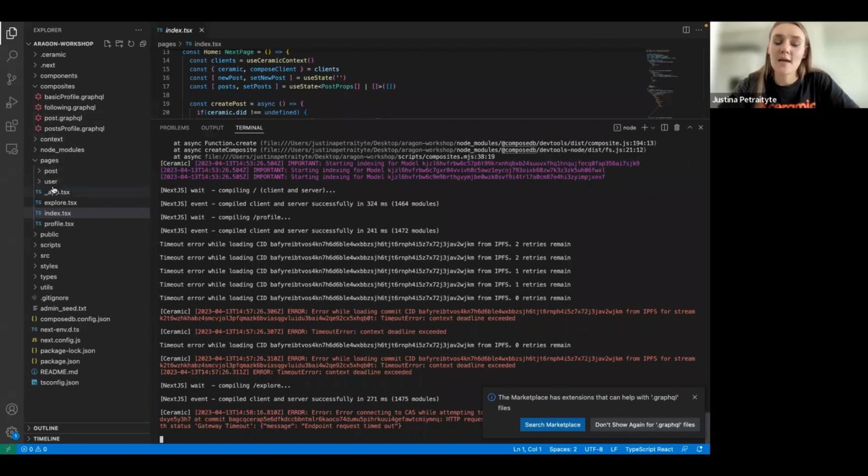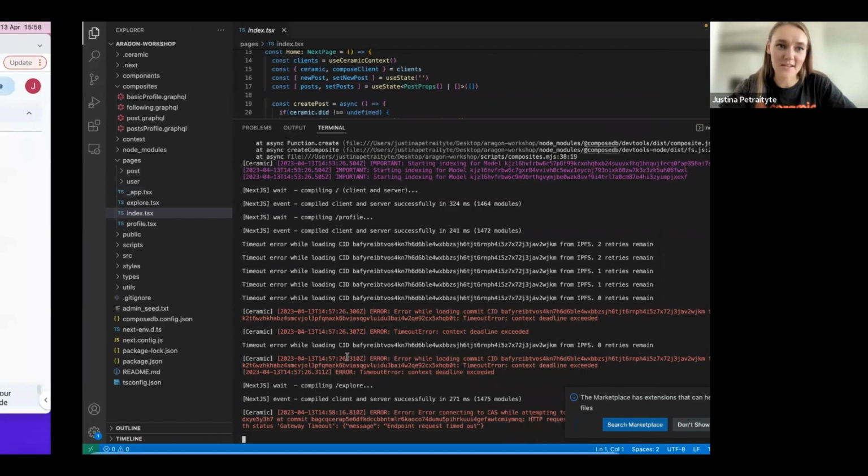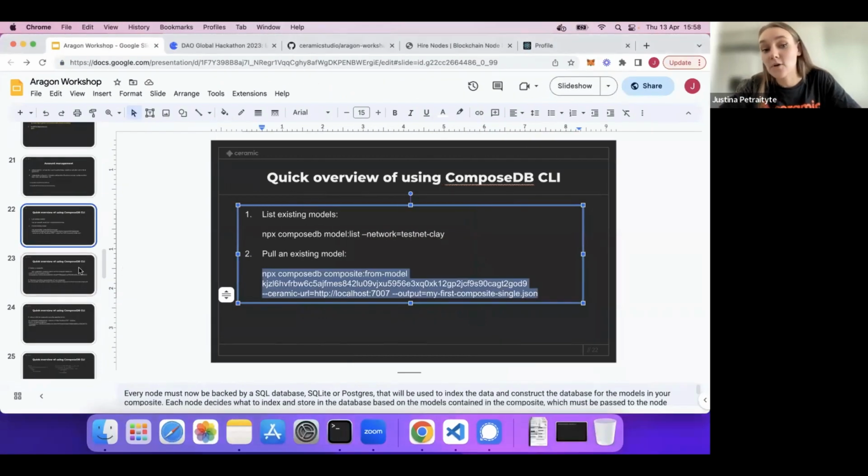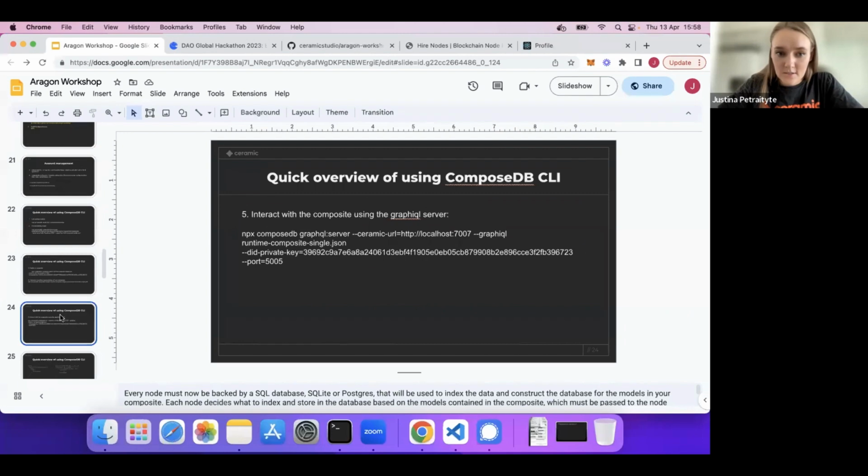You will also have a runtime representation of your data models, which will then allow you to write queries and interact with them. So yeah, since I can't get my node starting up properly now, I don't think that I can show that. But if you check our docs, or if you check these slides, that once again, I will make sure that we share them around, you will see the commands of how you can interact with GraphQL. So you just simply start a simple GraphQL server, and you then have a simple interface where you can write GraphQL queries as follows.